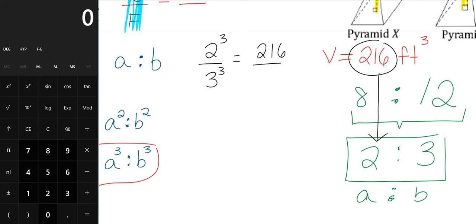And now I'm going to try and solve for Y, which is my volume that's missing. Now, let me simplify this a little bit. 2 cubed means 2 times 2 times 2. 2 to the third power is 8. 3 to the third power is 27. You could use your calculators to figure that out, or you can use your minds. 216